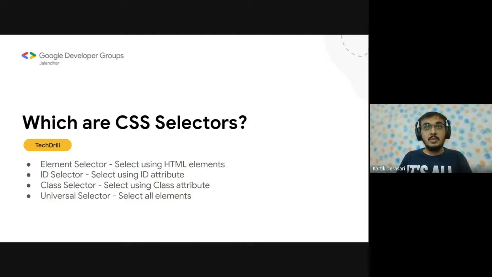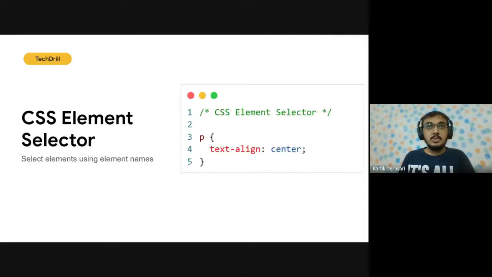If you write HTML, properly attach your CSS file, and write proper CSS code, but you're not properly attaching the CSS selectors, then it will not show any kind of error, but the styling will not appear. So now let us learn each one of them in detail.